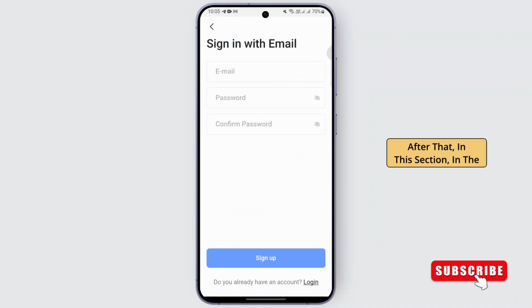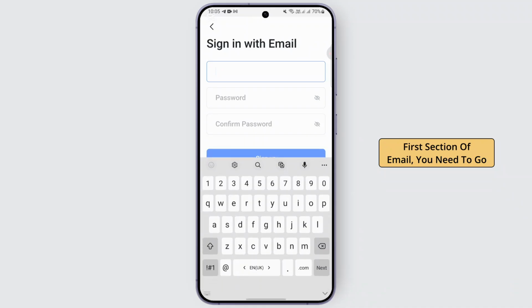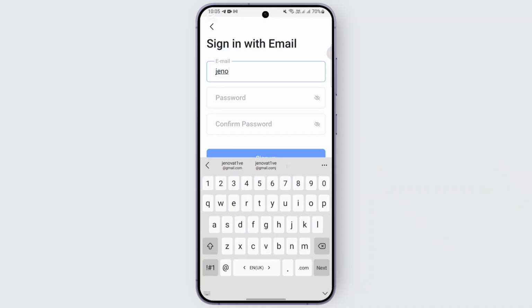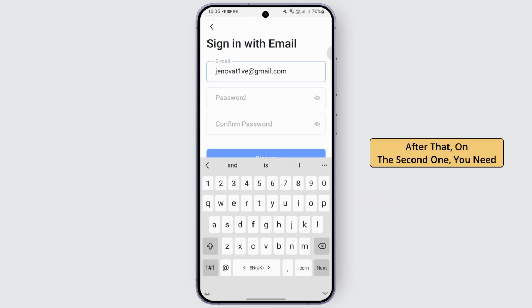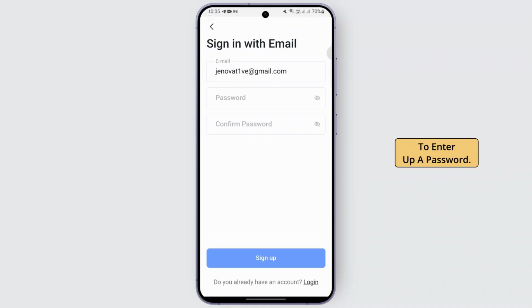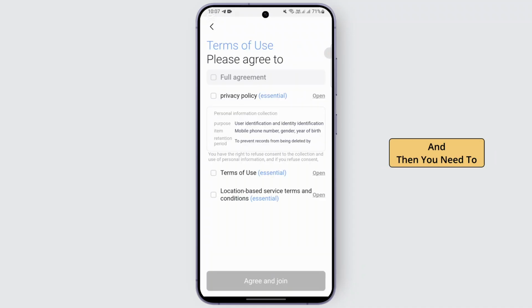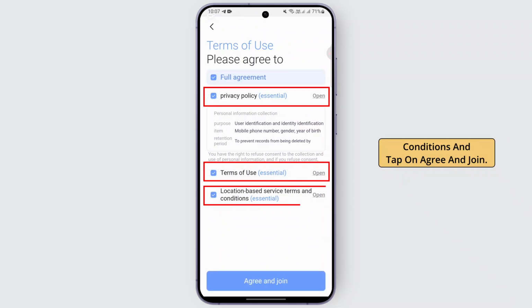After that, in the first section of email, you need to go ahead and enter up your email address. After that, on the second one, you need to enter up a password. And on the third, confirm your password and tap on sign up. And then you need to verify your account. Once your account is verified, you can go ahead and agree to the terms and conditions and tap on agree